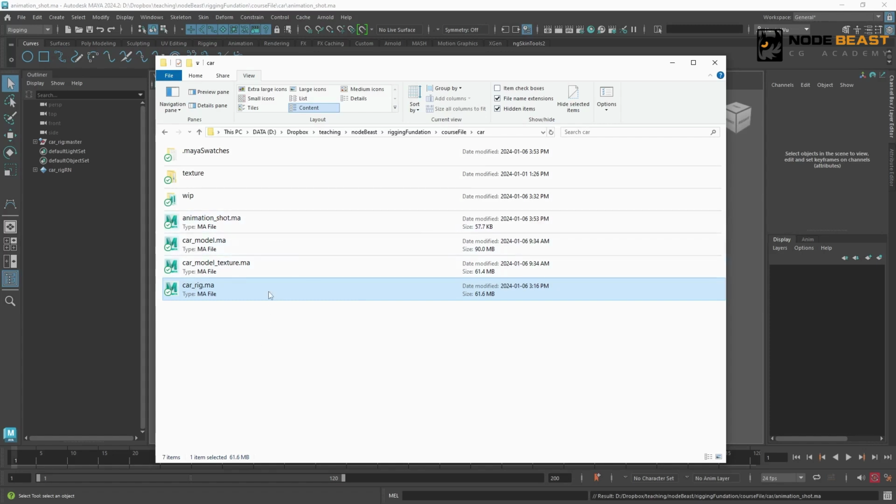But if we reference all 3 cars, the scene only records 3 paths, and these 3 paths all point to the same rig file. In that case, the scene file itself might still be 57.7 KB, and our rig file is about 60 MB. But there won't be any additional rig files for the new vehicles. So when we have many identical files to put into the scene, using reference can make the file size much smaller.